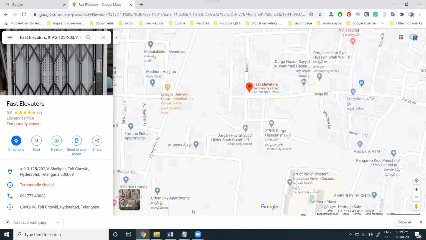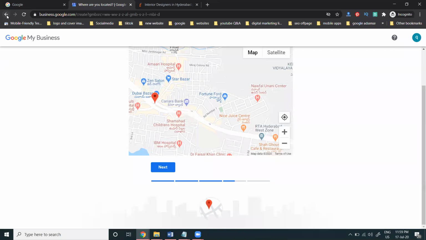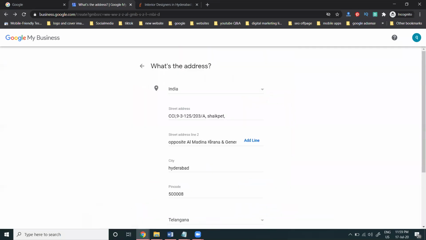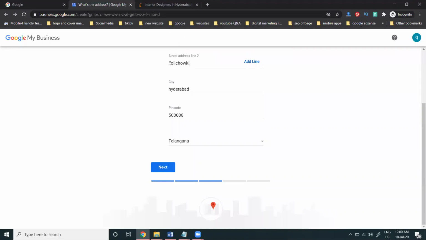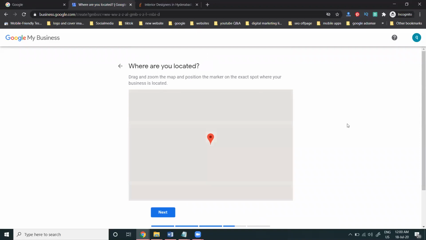Now, next, the exact location will be given.